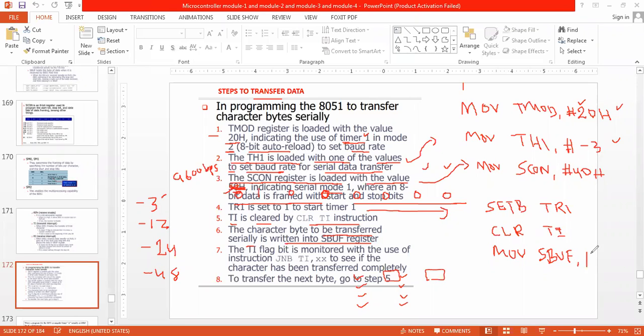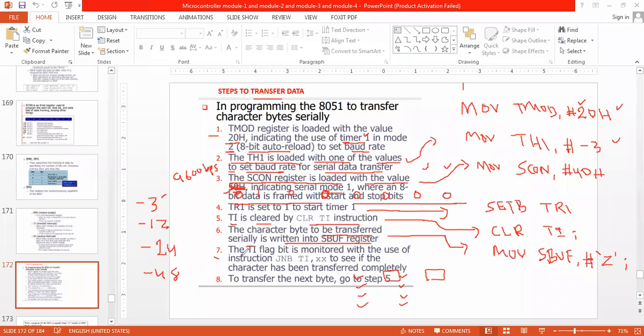I will write the character, not the hexadecimal number: character Z. Put a semicolon for every instruction. This is step 5, this is step 6.